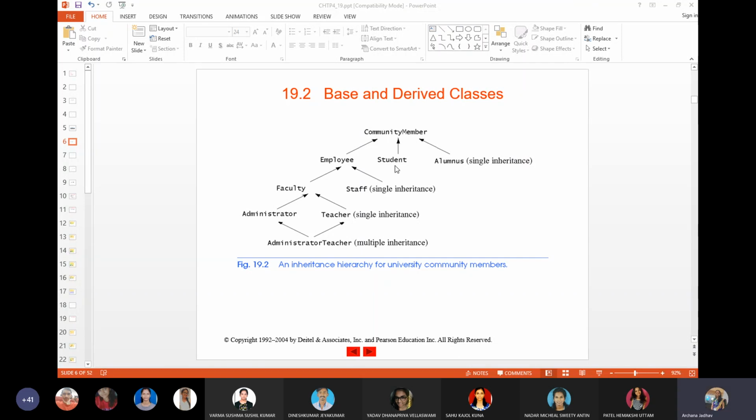So, depending upon how many classes you are deriving from your base class, there are various types of inheritance. It depends on how you derive the classes, whether you are deriving only one single class or multiple classes. It may also happen that you derive multiple classes. Like, as I said,